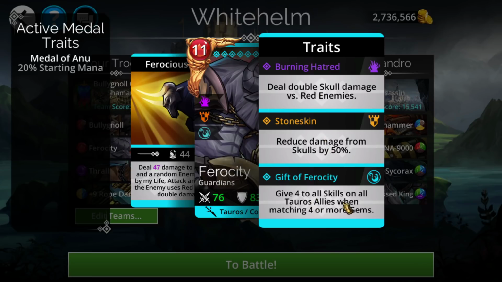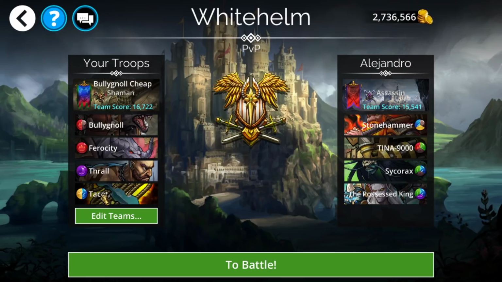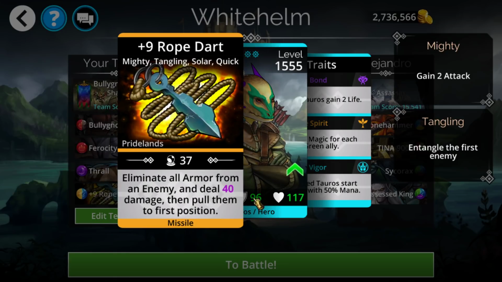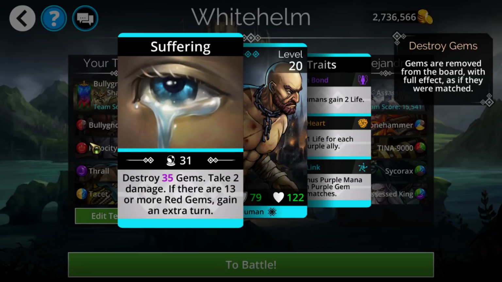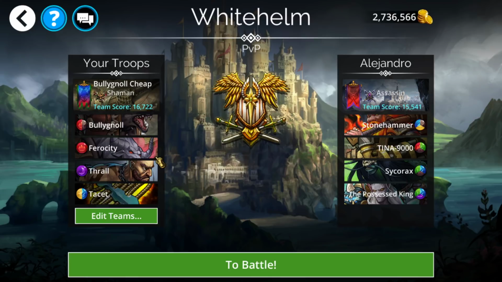But the other really big thing that it has is it gives +4 to all stats to all of Taurus's allies every single time you get an extra turn. This does not count ability extra turns, so for example, just casting something like Rope Dart will not count for the extra turn. However, for something like a Thrall with its constant board clears, if you end up getting an extra turn from that cascade or just at any point during the battle, that will be +4 to pretty much everything. If you're using Shaman, the only thing that wouldn't end up getting it is the Thrall in this